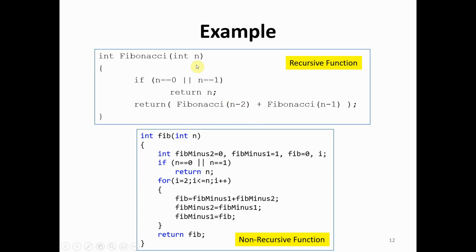This time n is 1, so it's going to return 1. Now it's going to return to this function. It knows that this is 1, but then it's going to call this one, Fibonacci of n minus 2, so it's going to call the same function, this time with the